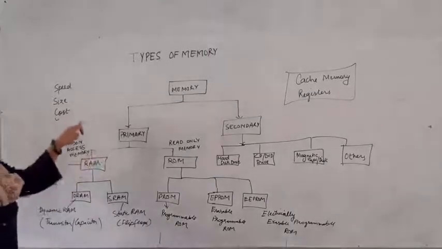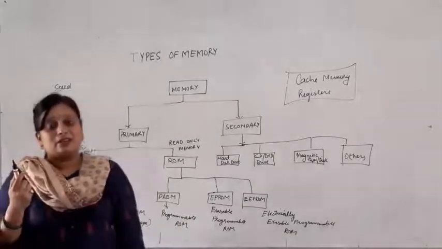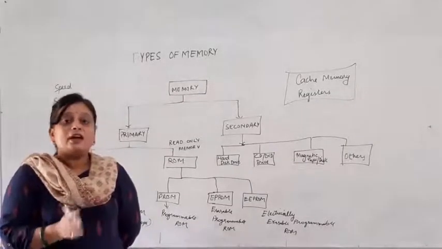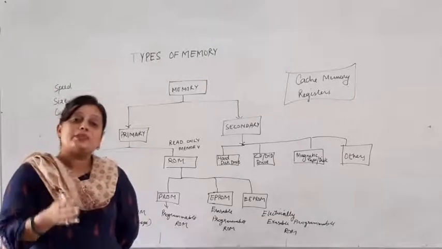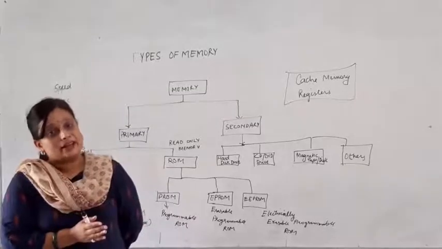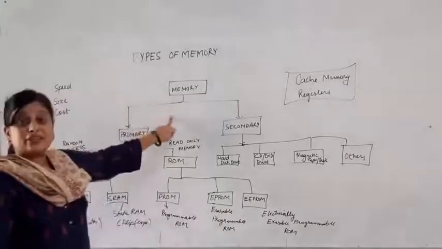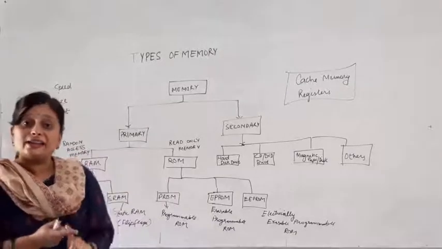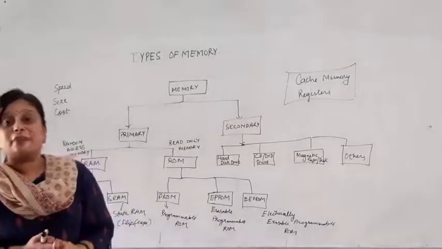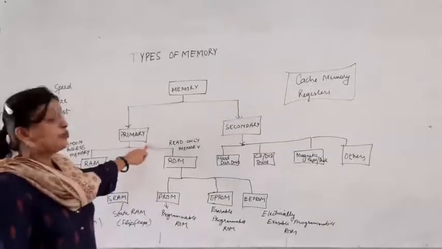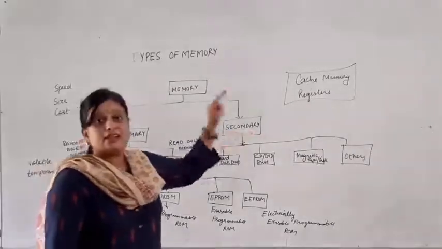The next factor, whenever the data speed or the storage is being provided by a certain device, based upon the size and processing factor, it actually involves a certain cost factor as well. So based upon these three criteria, we offer a trade-off between a balance of speed and size, wherein the selection of memory actually begins. Broadly, the memory is categorized into two parts, the primary memory and the secondary memory.